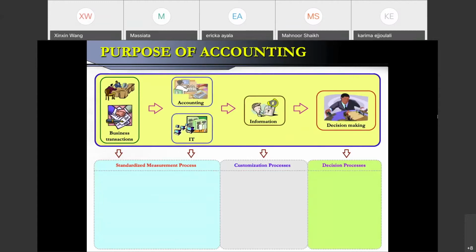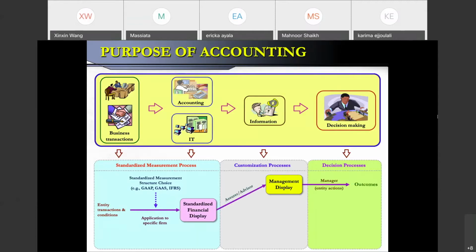But business transactions combined with IT support and accounting, you have to have a basic understanding, because there are frameworks that we need to follow to record the transactions. There are many standards that we could choose from, and different countries have different standards. You want to make sure that your transaction is recorded in a specific format. Then we will generate standardized financial displays.